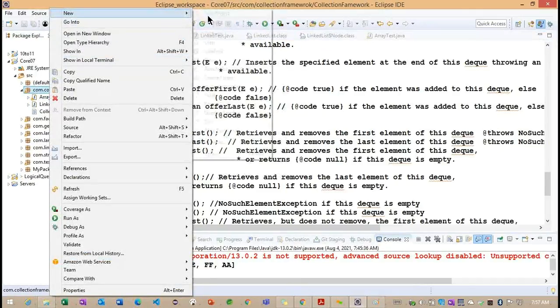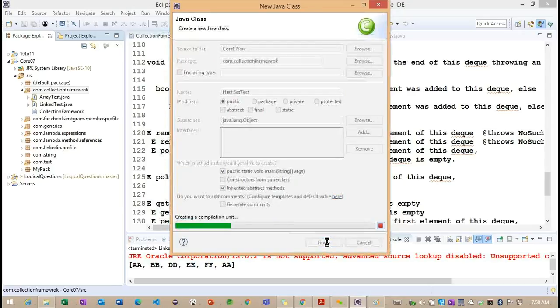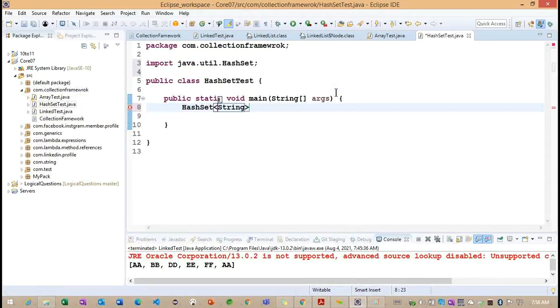Inside this Set interface, we have one implementation class called HashSet. HashSetTest is the name of the class I'm taking here, and in it I'm going to provide this HashSet class. So HashSet is our implementation of the Set interface: HS equals new HashSet.